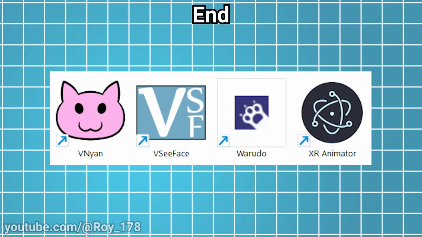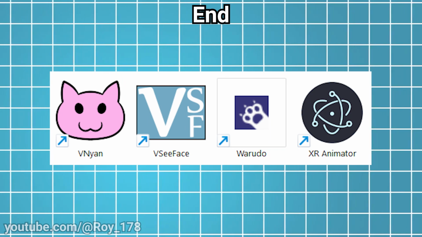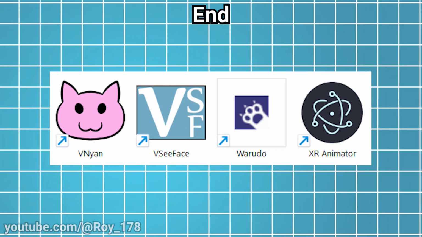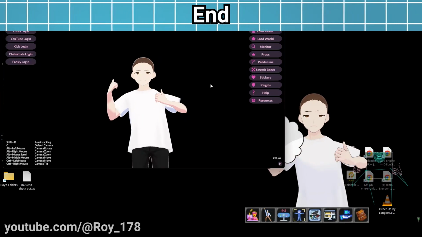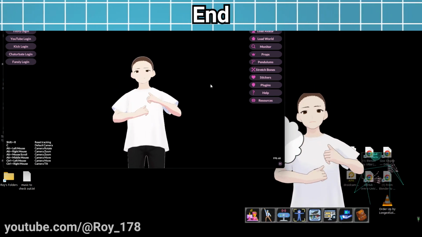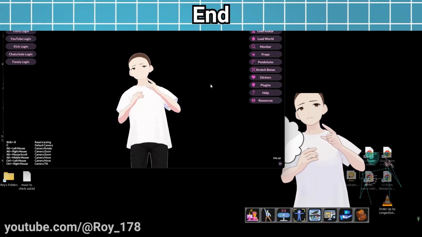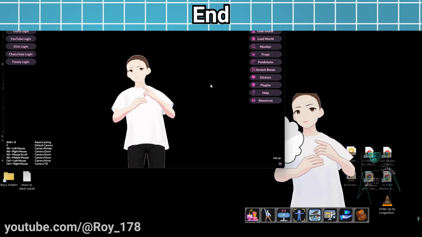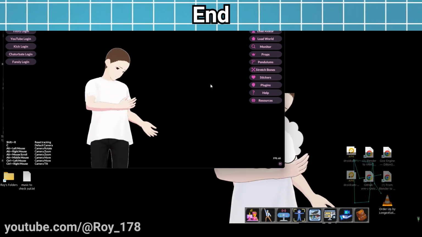So, I've taken a look at all of these VTubing softwares and it's time for my final thoughts. I feel like what works best for me is using XR Animator with VNyan. XR Animator provides the tracking and VNyan does all of the effects and background. You can't really say that one software is the absolute best because it really depends on what you want to